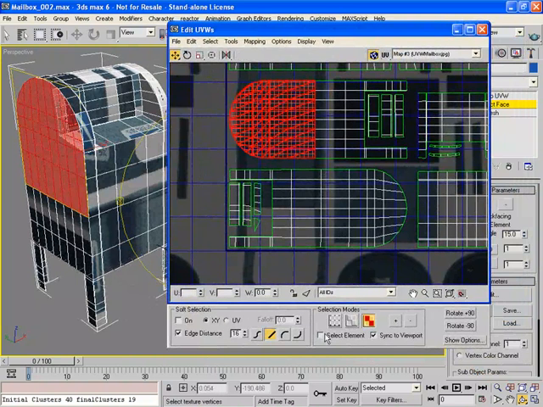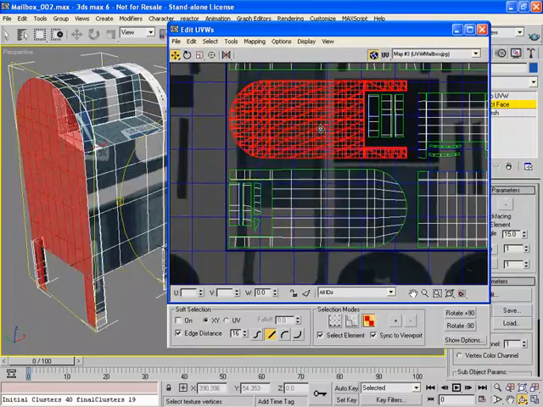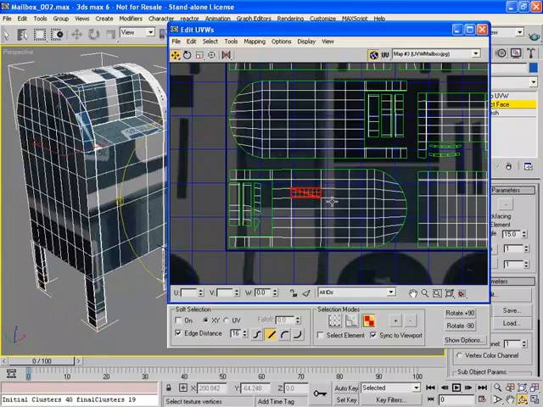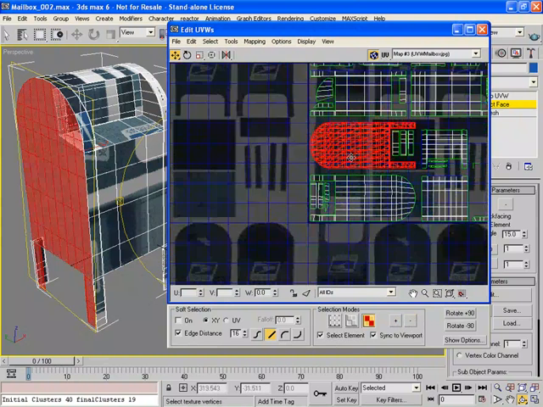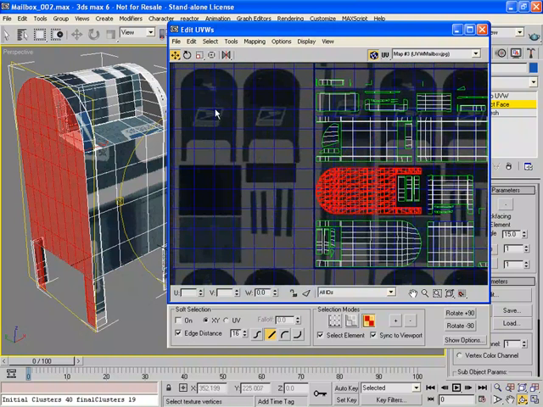And you can also, if you click this select element, it just selects groups of connected vertices. So that's good. And there's also one other here. There's a plus and minus here. So if you select just a face, you can hit plus and it'll select all the surrounding faces. So it's a good way to grow and shrink your selection sets. But I'm going to do select element. I'm going to select this, and I believe this is the corresponding side, which is, I think, the left side